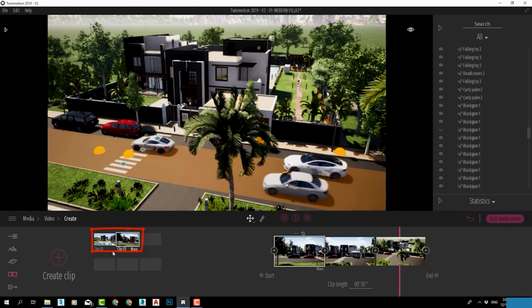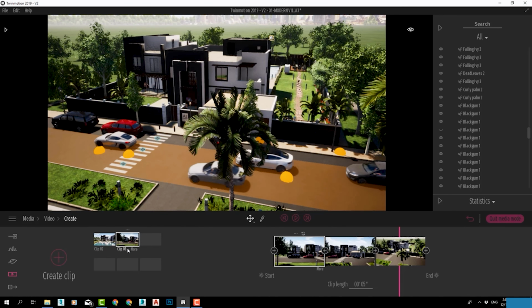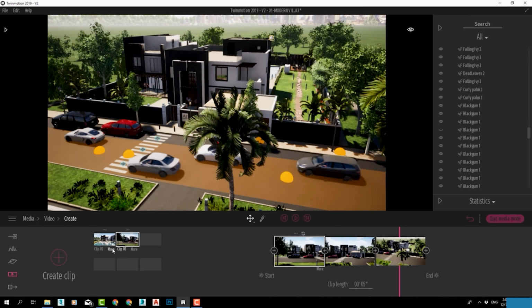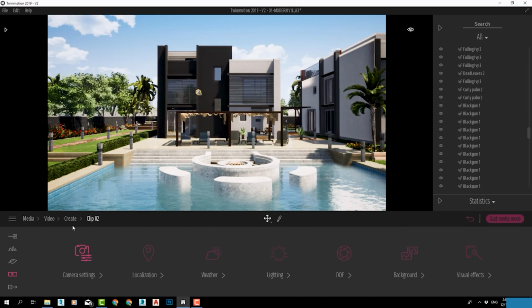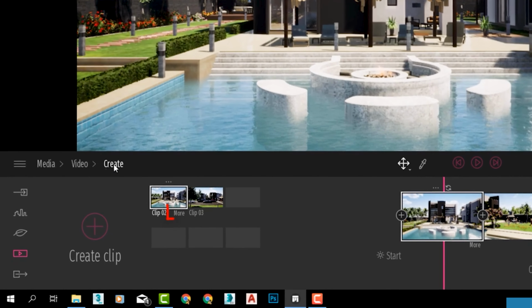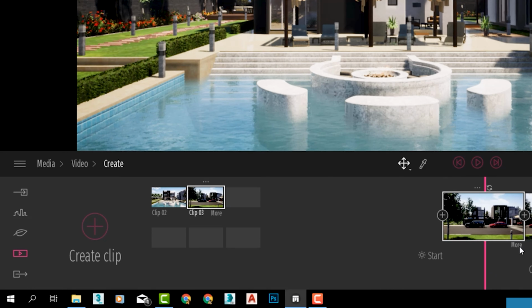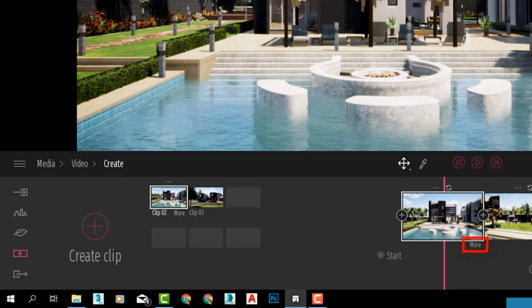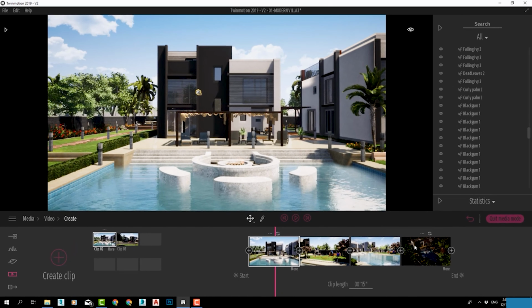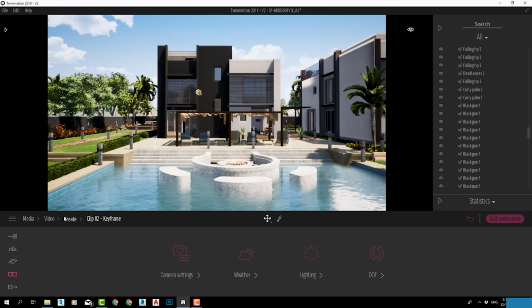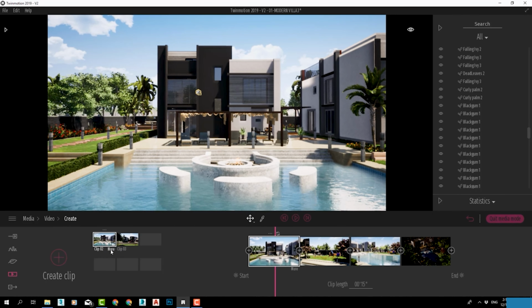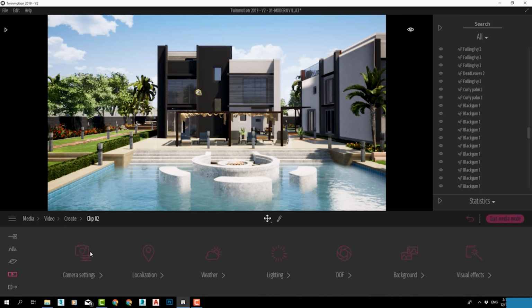And now we have two clips here, clip 02 and clip 03. Notice that if we hover over any of these clips, a More button appears. That More button is different from the More button that is specific for each frame. That other More button under clip 02, for example, controls the settings for the whole clip, and it has more